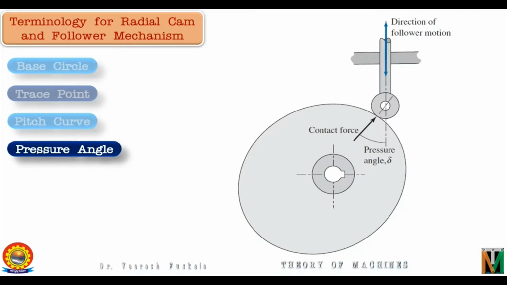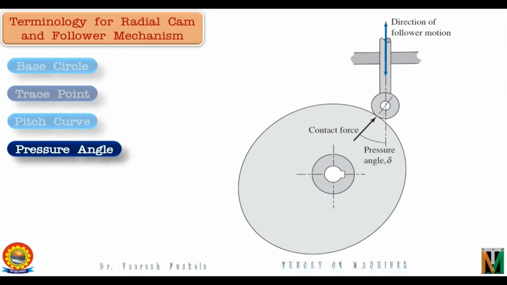contact point. Actually, only one component of the contact force generates the follower motion. This force will be having two components, one in the vertical direction and another in the horizontal direction. So only the vertical direction will be used for providing the motion to the follower. The other force component is undesirable and it generates a side load and must be absorbed by the follower guide bearings. So this angle, that is the pressure angle, correlates these two components of the contact force.